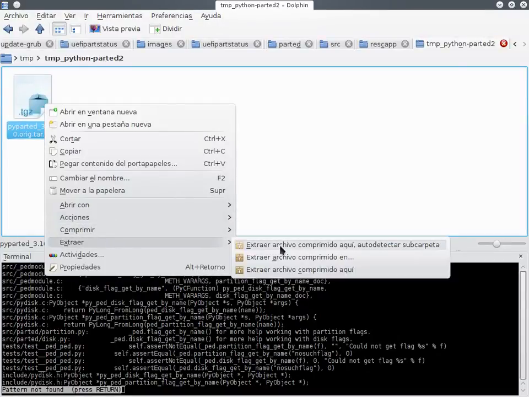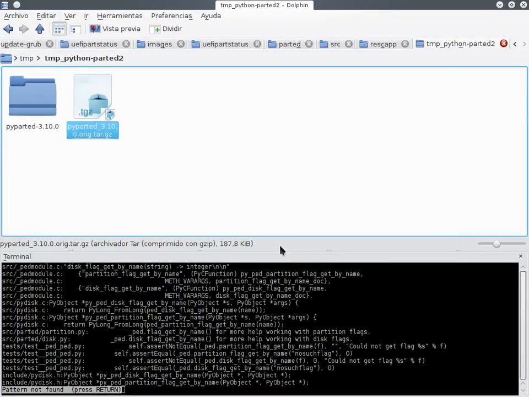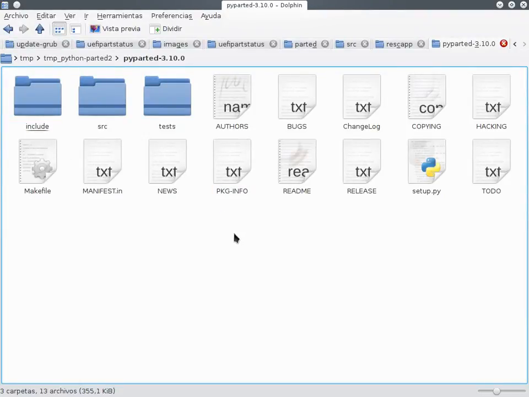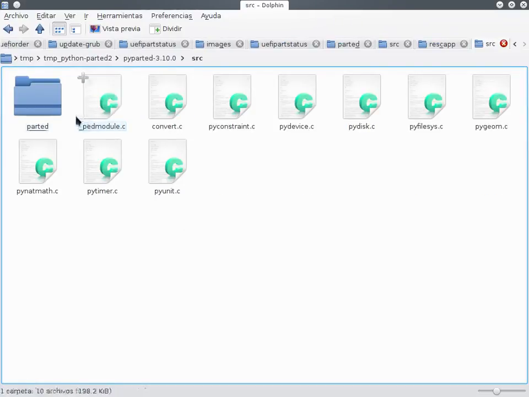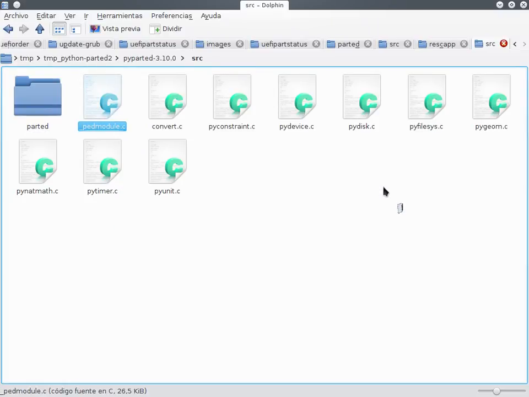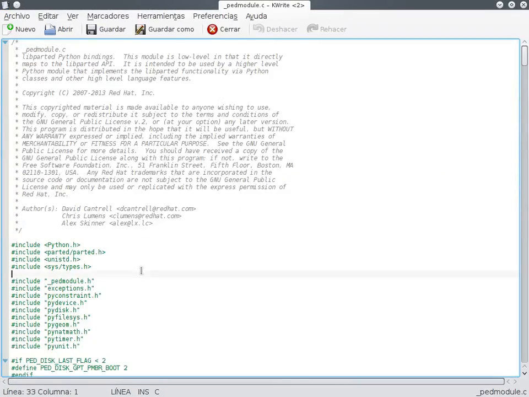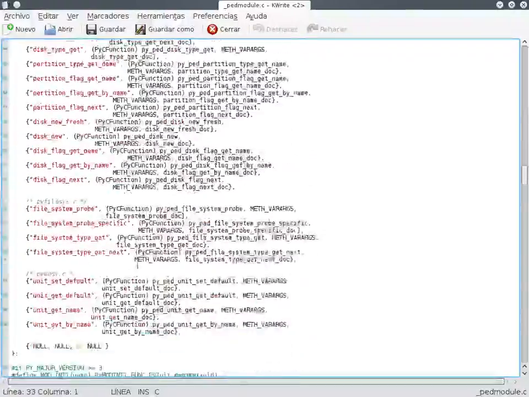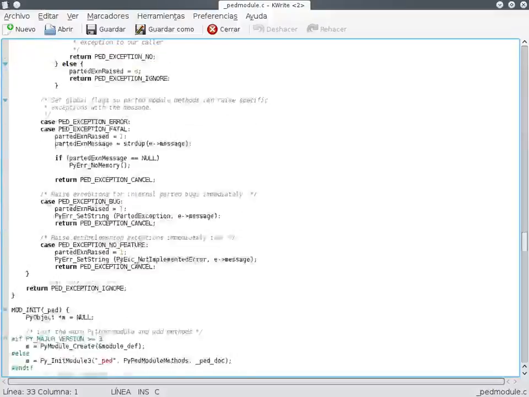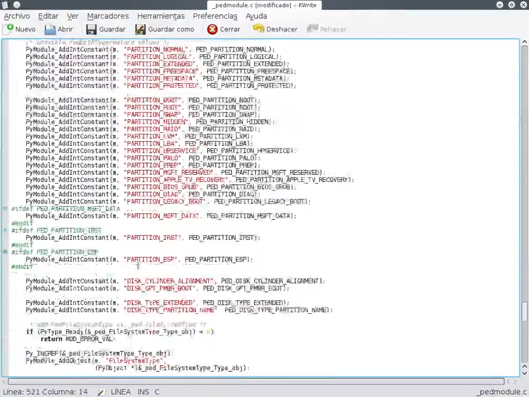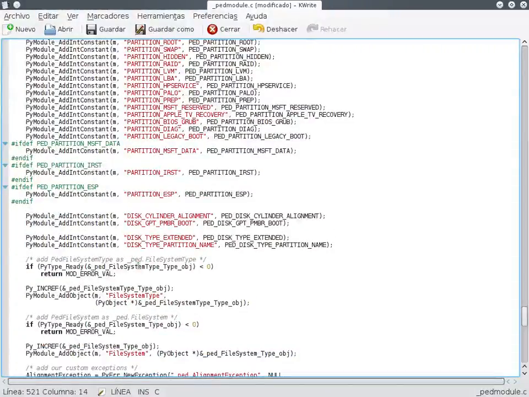If I extract it, okay, so if I go to the SER PH model, okay, and if I just scroll as if there was no tomorrow, where is this? Okay, so